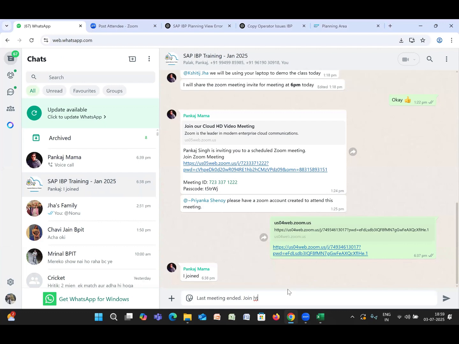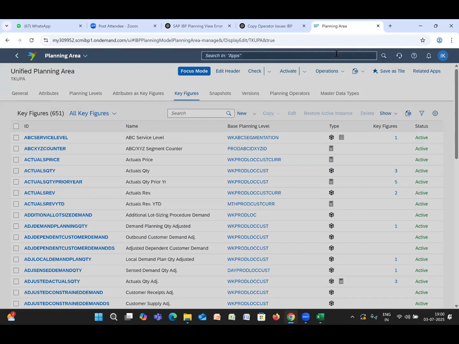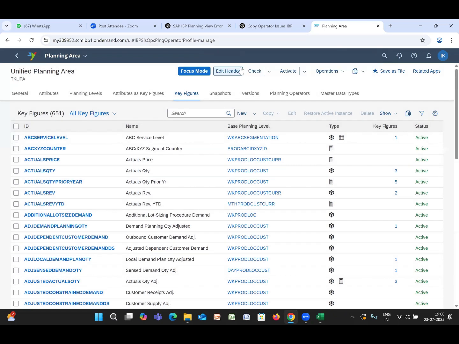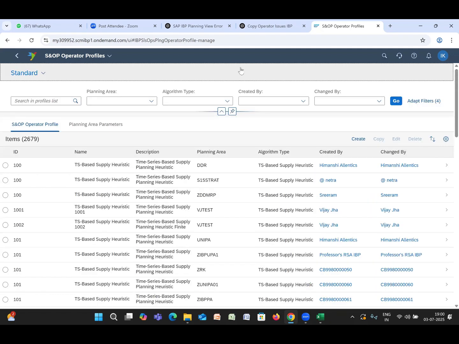So the operator that we are running, let's now take a look at that operator. So we have an app called SNOP operator. Okay, SNOP. So this is the app. This is the app SNOP operator profile. Rather, it is not an app. It just takes us to the profile itself, inside the profile, inside the app. So here we have several